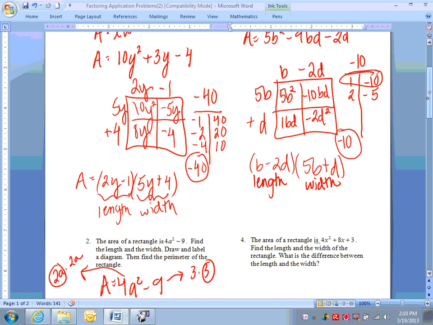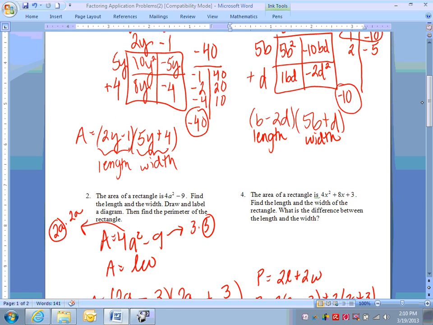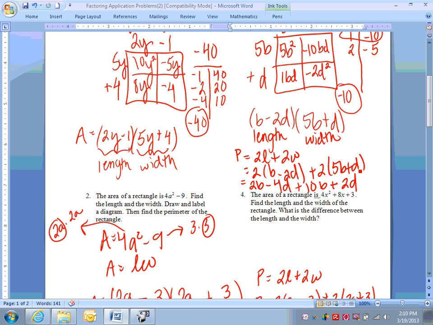And then they're asking us to find the perimeter again in this problem. So once again, our perimeter formula is 2L plus 2W, 2 times the length plus 2 times the width. I plug in my length of b minus 2d plus 2 times my width, which is 5b plus d. I distribute the 2, and I get 2b minus 4d plus 10b plus 2d. When I combine like terms, my final perimeter of this problem ends up being